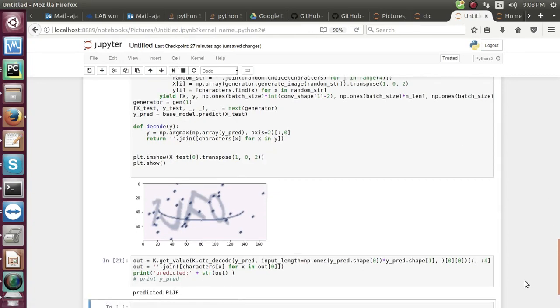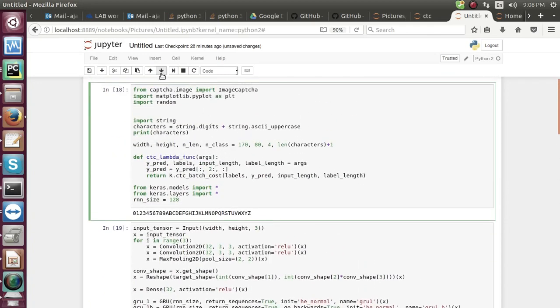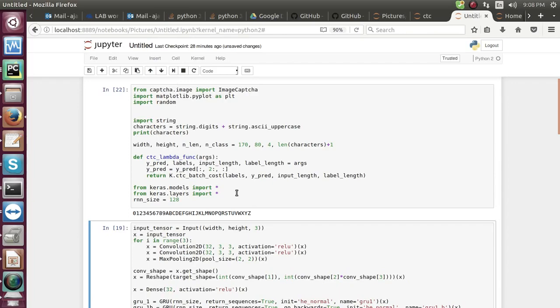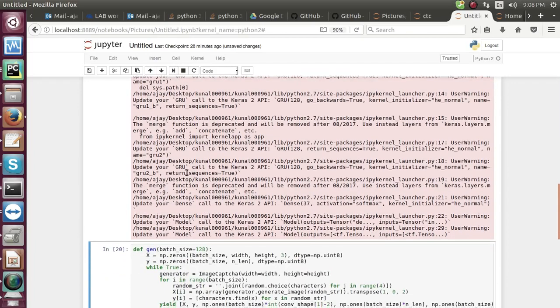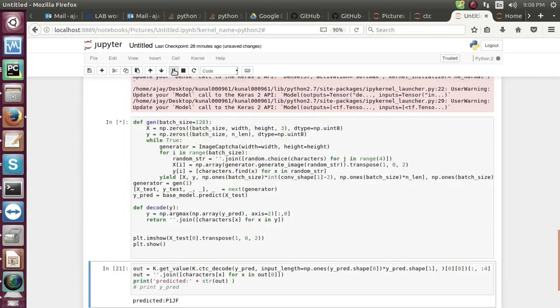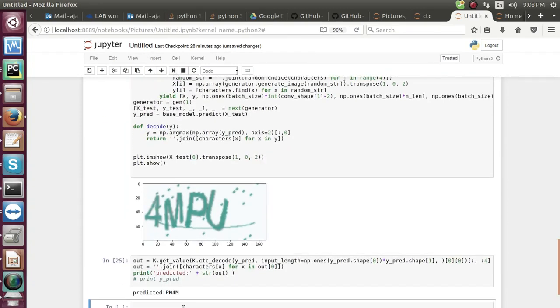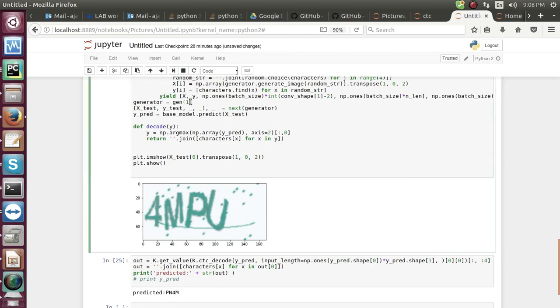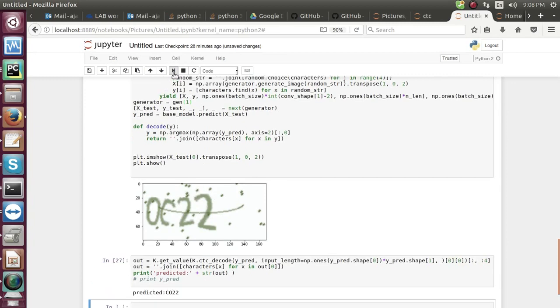As you can see, the evaluation and processing time in which the pre-trained model gives us a result is very quick. This again generates an image, and let's see what prediction we are getting. As you can see, we are almost able to recognize the characters. Let me check it again. And here, yes, I obtain the characters.